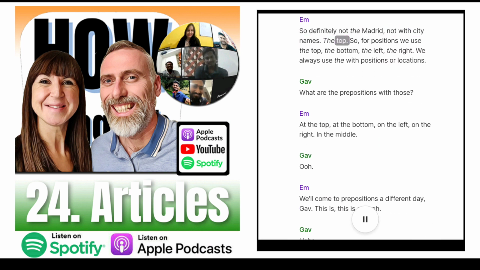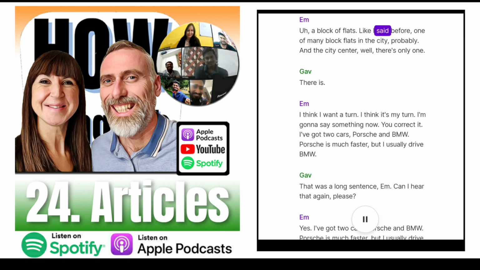The top. So for positions, we use the top, the bottom, the left, the right. We always use the with positions or locations. What are the prepositions with those? At the top, at the bottom, on the left, on the right, in the middle. Ooh. We'll come to prepositions a different day, Gav. This is enough. A block of flats, like I said before, one of many blocks of flats in the city,